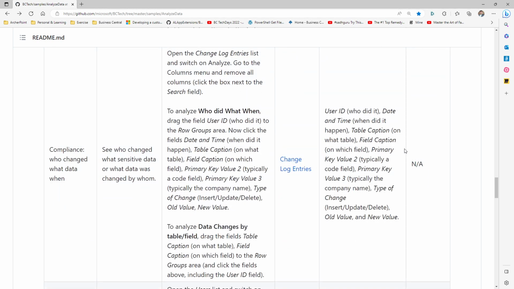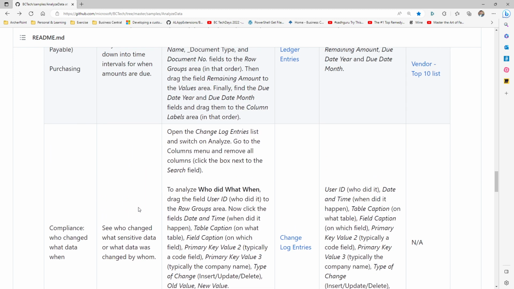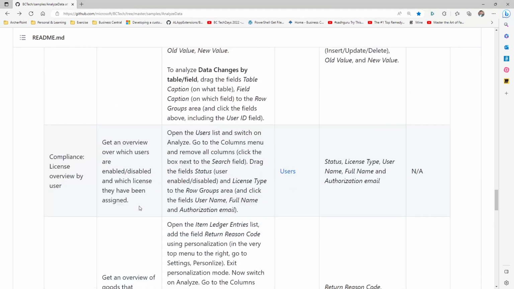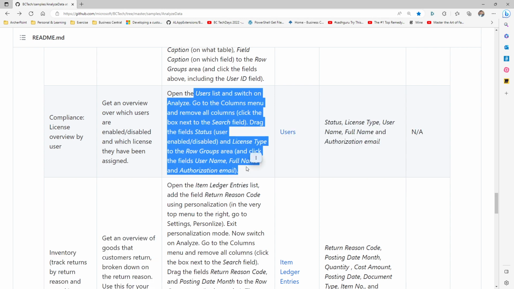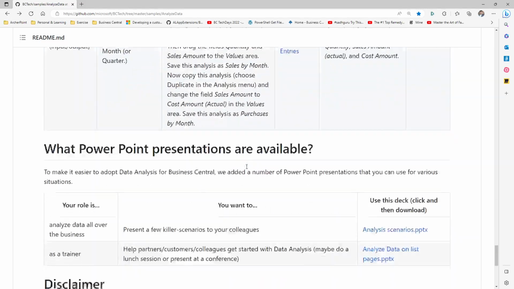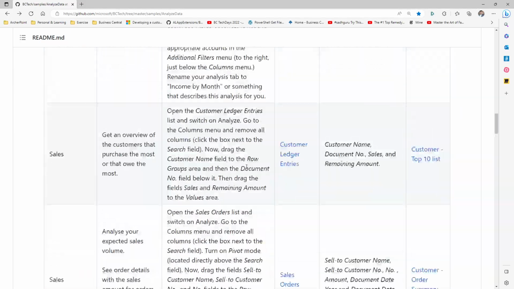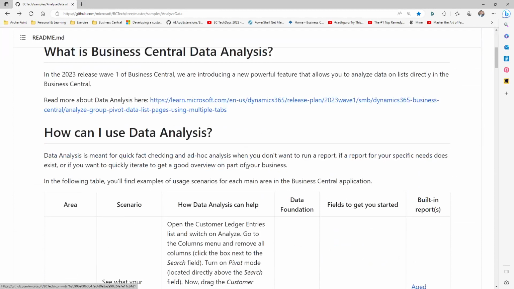Change log entries: if you are an administrator who would like to see who changed what and when, you can just use the analysis view to audit that data in the change log entries. If you would like to do compliance on license overview by user, you can use these steps to set that up. So here are, I guess, 10, 15 examples from Microsoft that you should try out while you are watching this video or after you watch this video, to make sure that you understand the capabilities